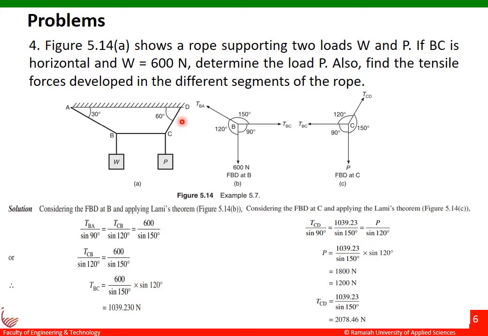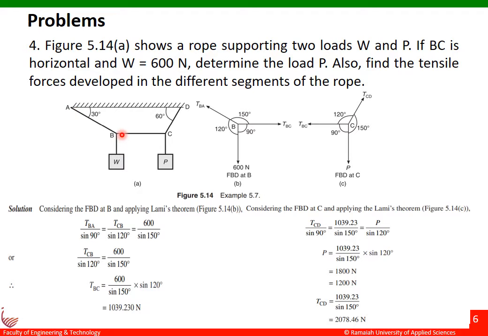The very first step is to draw the free body diagram. As we studied in the previous slide, Lami's theorem is applicable only if the number of forces is 3. We cannot apply it if there are more than 3 forces. In that case, we have to find the joint in which 3 forces are acting, so that we can apply Lami's theorem. At point A there is only one force acting, so we cannot apply Lami's theorem there. Again at the next point, there is only one cable, so we cannot apply it here either.